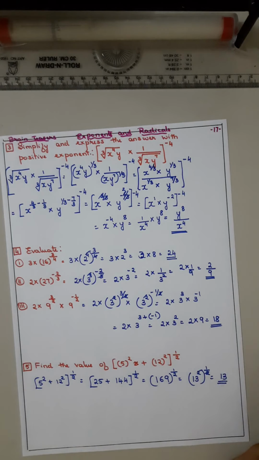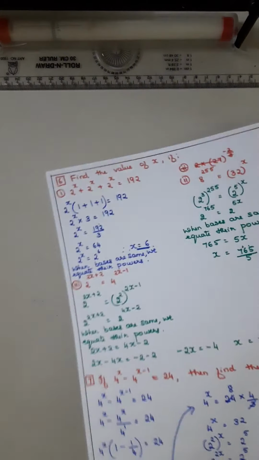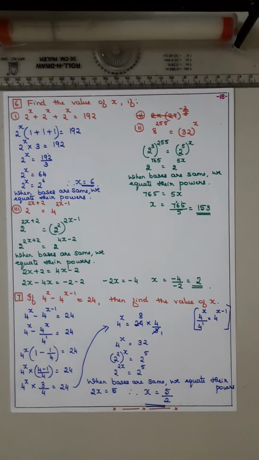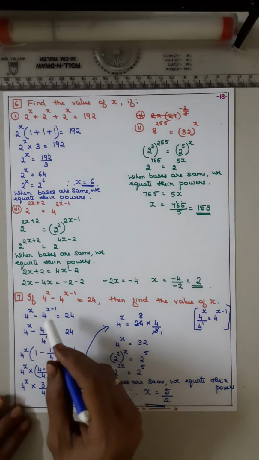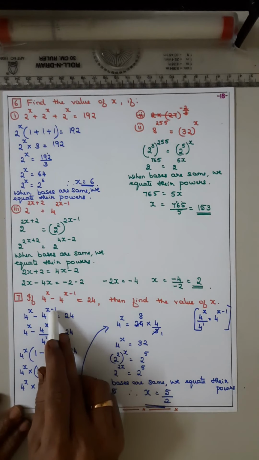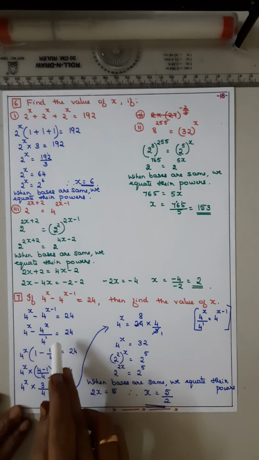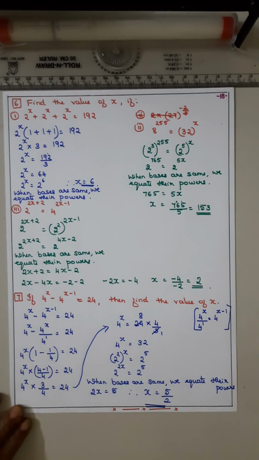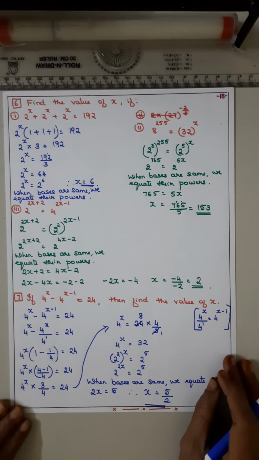So I hope you have understood the brain teasers. The sums are a little bit difficult, so do it 2 or 3 times. Understand it properly. Any related questions can be asked. If it is multiplication, this will be plus. If it is division, it is minus. To find the x, some tricky questions will be asked, so be prepared for that. Okay?